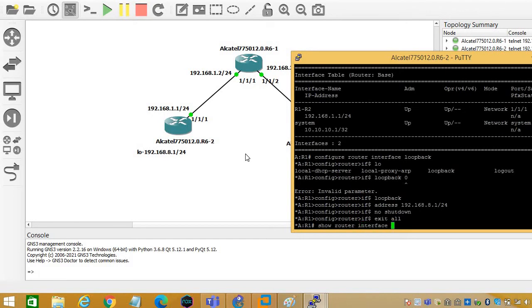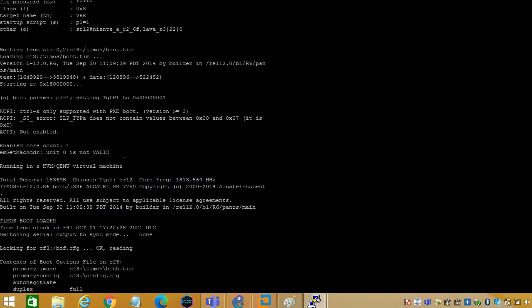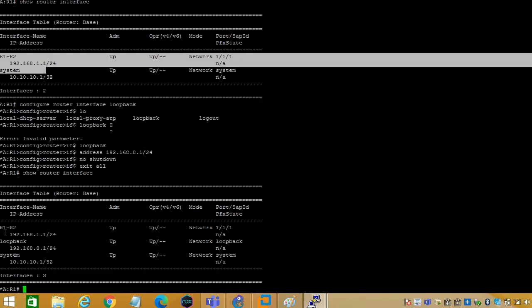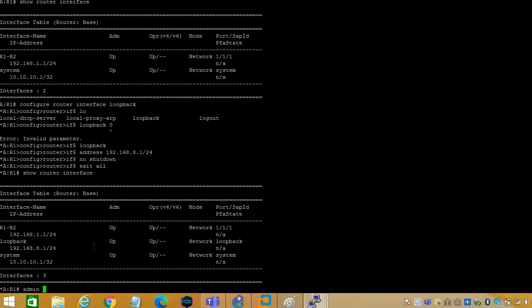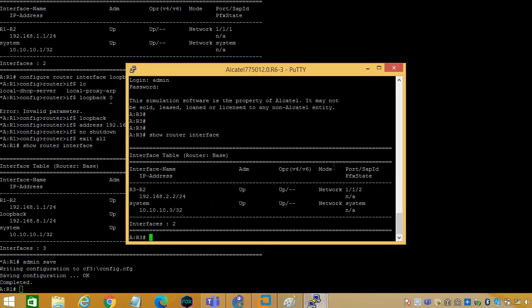Now I need to check my interfaces. Here it came, the loopback interface. Earlier I had only two interfaces, that is R1 and the system. Now I can see three interfaces. The same thing I'm going to do here, but here I'm using